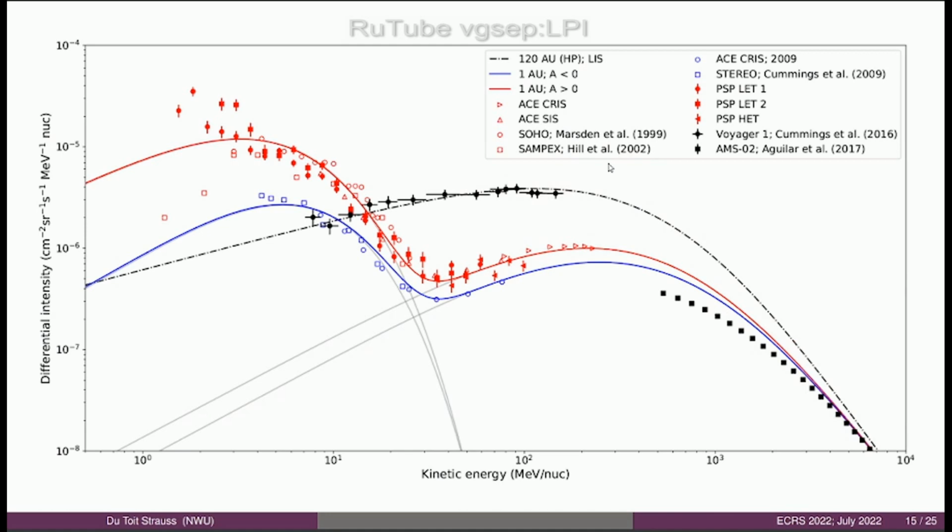At Earth, we also have a lot of data at the moment. So we have here data for 2 different solar cycles with different polarities from different instruments, from ACE at 1 AU, also a lot of measurements from the Parker Solar Probe spacecraft. And by having all these multiple data sets, you can really constrain the model as well. So we get these curves, which is the best fit setup for the model. So you can essentially fix the model parameters with all the recent observations. Then you can see what you need to do to move between the early cycles and the new cycles and what was the difference.